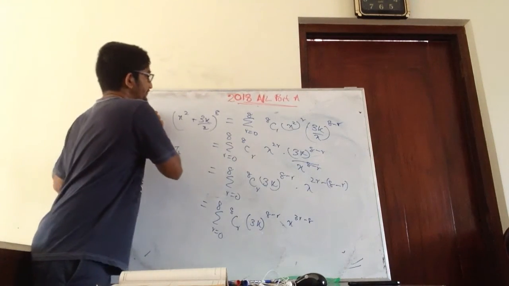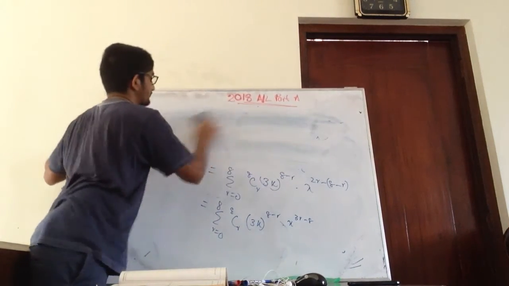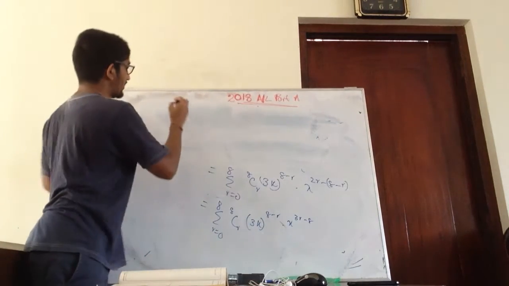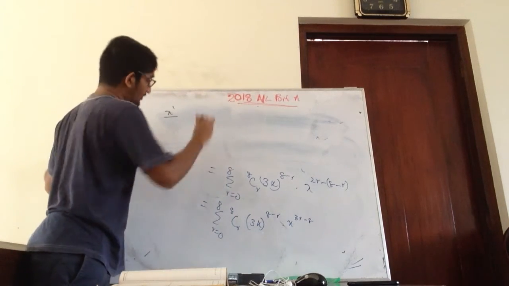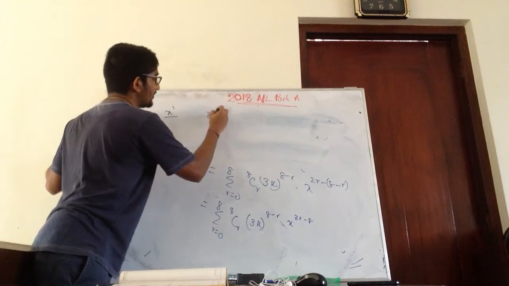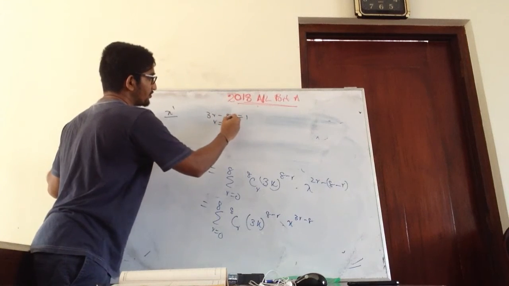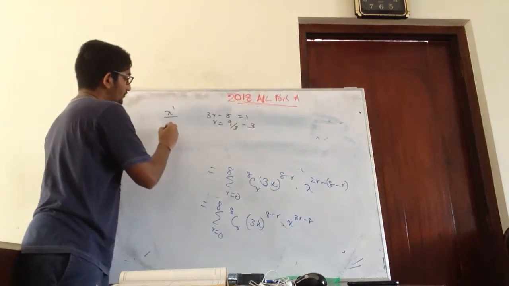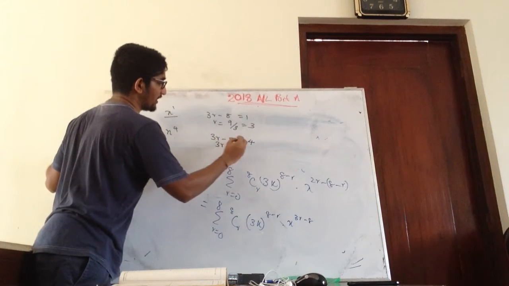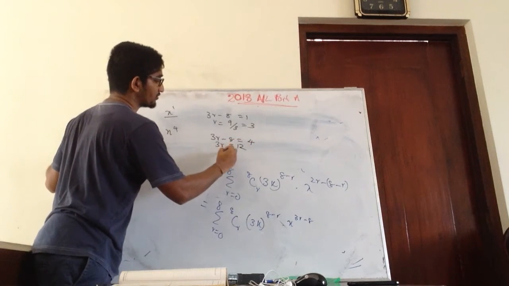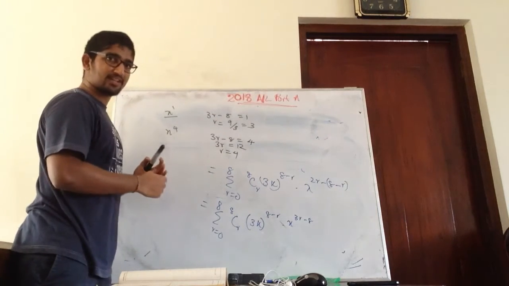So now when x to the power 1, right? So this 3r minus 8 will be 1, no? Right? So then 3r is going to be 9, and 9 over 3 is going to be 3, so r is 3. When x to the power 4, 3r minus 8 is going to be 4. Then this is going to be 3r equals 12. So r is going to be 4. So now we need to just evaluate for r equals 3 and r equals 4.